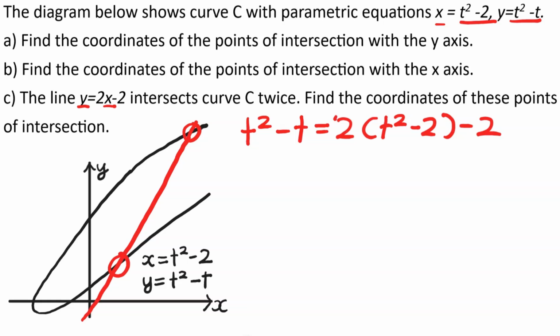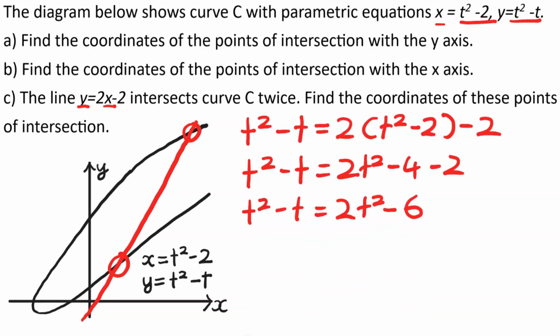Okay, so firstly, if we expand this bracket here, it's going to be 2t squared minus 4, then minus 4 minus 2 is equal to minus 6, and then what we're going to do, we're going to bring this stuff onto this side in order to make a quadratic equation. So it's going to be 2t squared minus this t squared, so it's going to be t squared, then this minus t is going to go on this side and become a plus t. So we've made this quadratic equation that t squared plus t minus 6 is equal to 0,